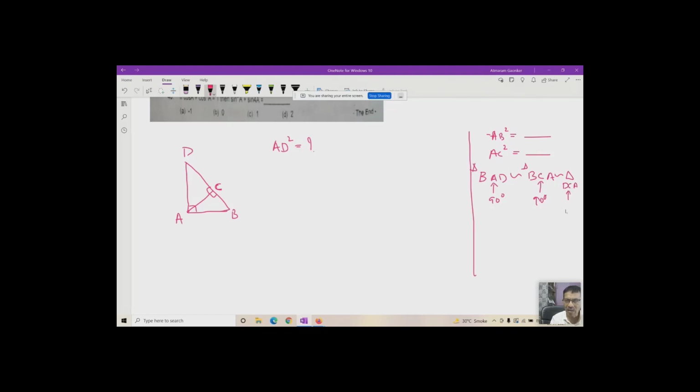Again, C is 90 degrees, and also see that in this triangle B and B. So you see in the whole triangle there is B, in the smaller triangle that is B. So this is common, and in this triangle and the whole triangle D is common. D here and D here, that is common.